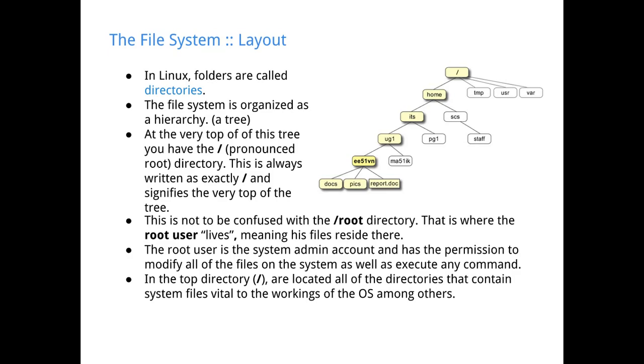The leftmost branch goes to home. Home is where all of the user home directories are located. So when you log into Hills, I think they renamed it as students or something like that for the students' home directories. So it's like a tree structure. If you've taken more advanced CS classes, you know how to make this in your favorite programming language.